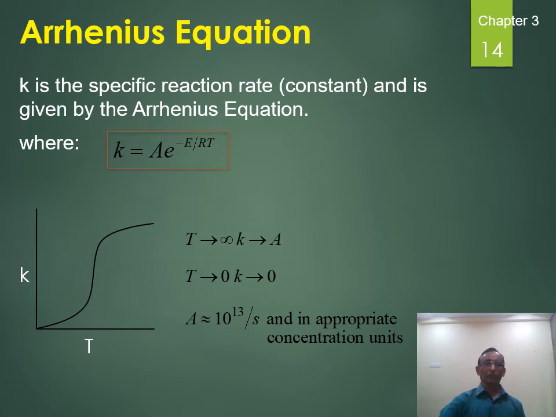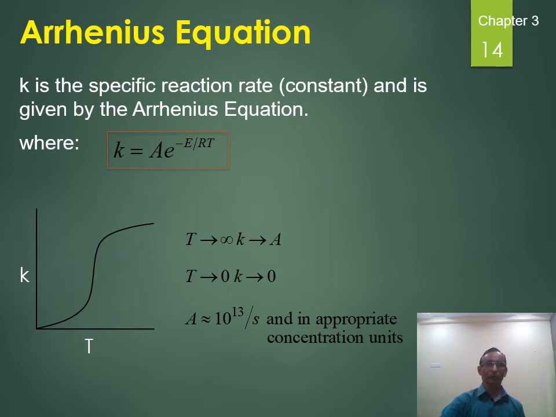Then another point you are going to study is the Arrhenius equation. This is a very common equation. I think you have studied it in the 12th standard also, in physical chemistry. The Arrhenius equation depends on the temperature of the reaction. To find out the activation energy, we are going to perform experiments on the particular reaction at different temperatures, whatever conversion you get. With the help of that conversion, you are going to identify the value of K.